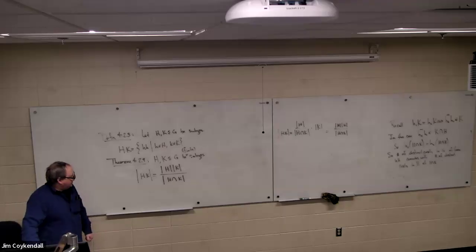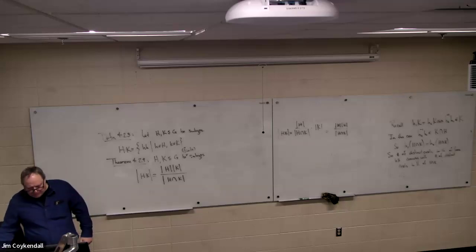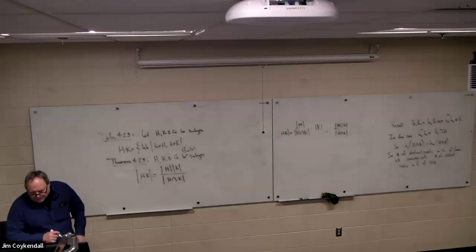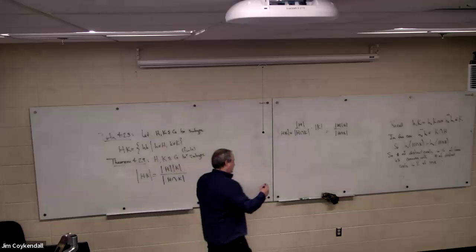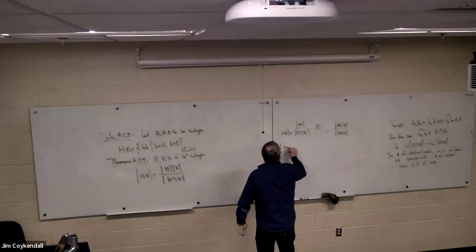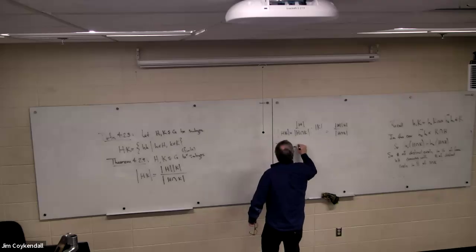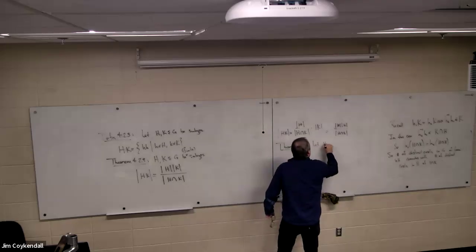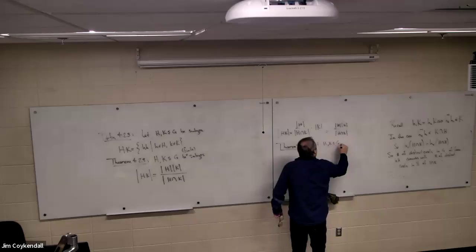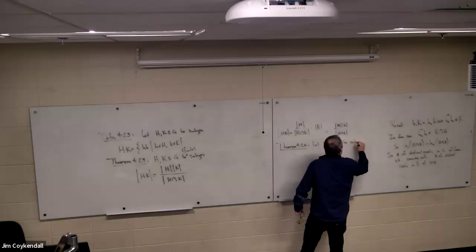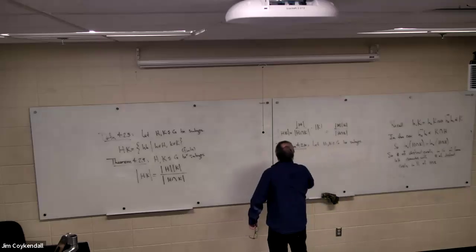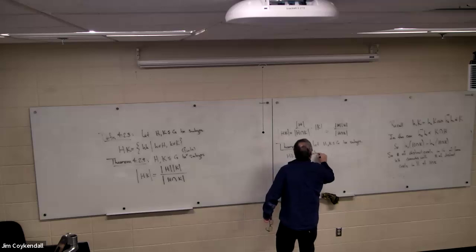Okay, I'm going to leave you with something to think about. So here's the next theorem that we will build to. We'll go through this. It's not too difficult to prove actually, but this will be something for you to think about. It's a fairly simple characterization, but it's useful. Let H and K be subgroups of G. Then HK is a subgroup of G